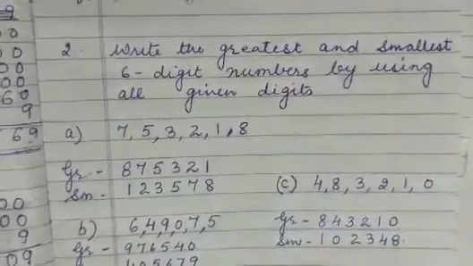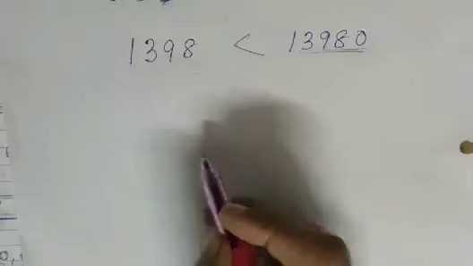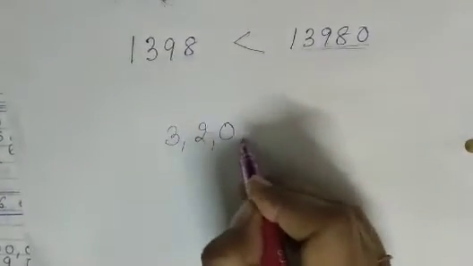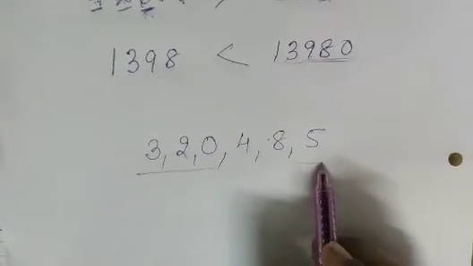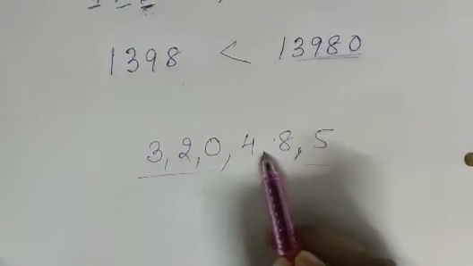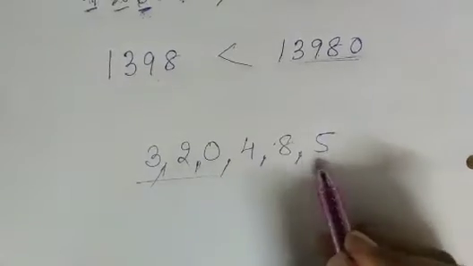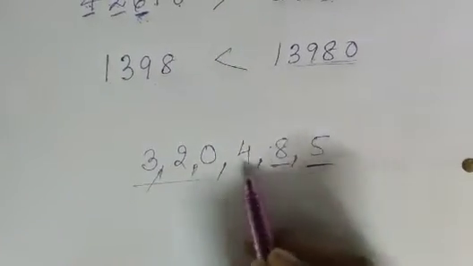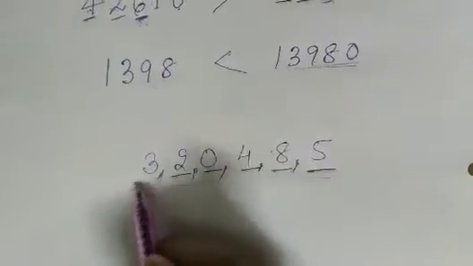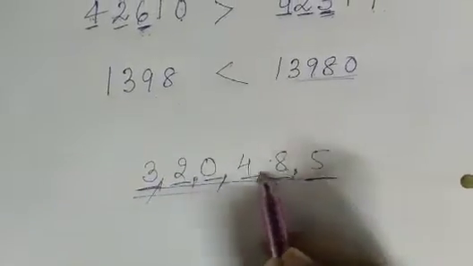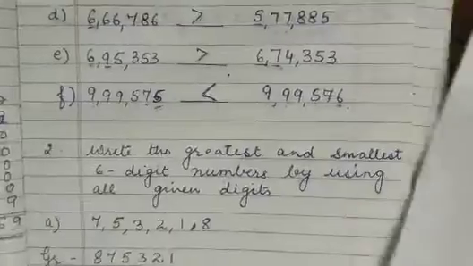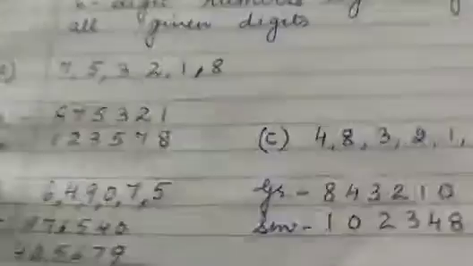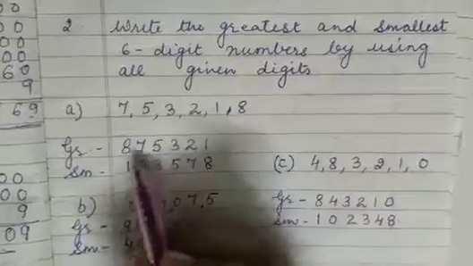So students, first of all, you have to understand about digits and numbers. In this question we have commas between all the digits. So these are digits. This is 5, an individual digit. This is 8, this is 4, this is 0, this is 2, this is 3. This is not a number. These are the digits. We have commas in between. When you make a number, there should not be any comma after the digits.